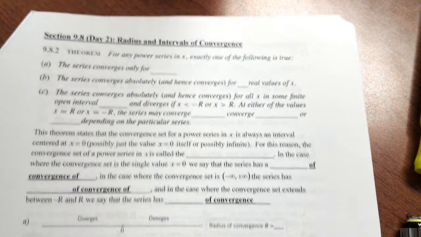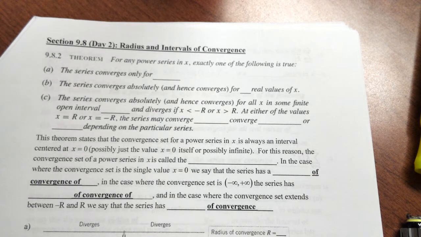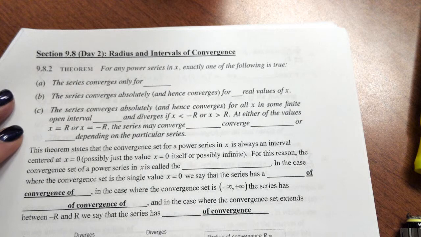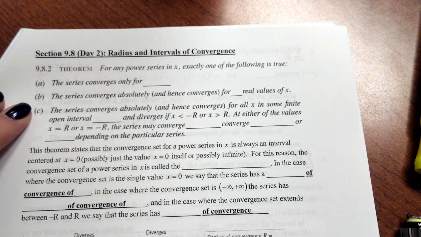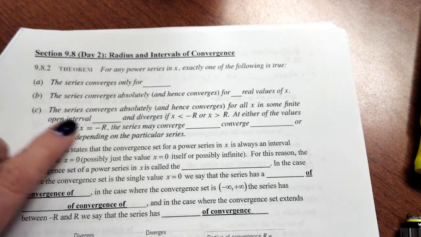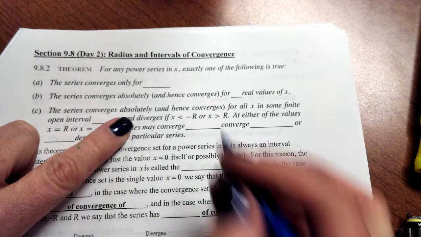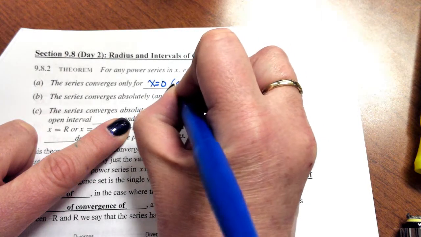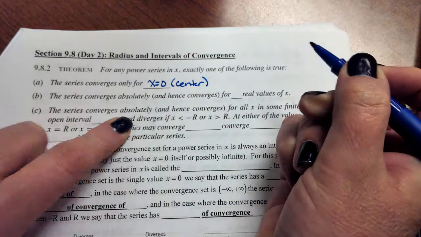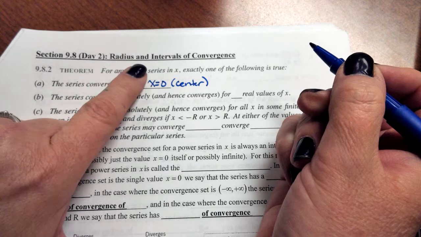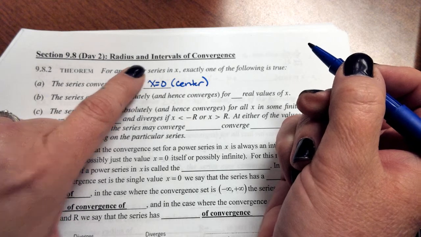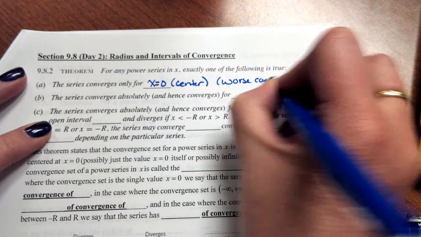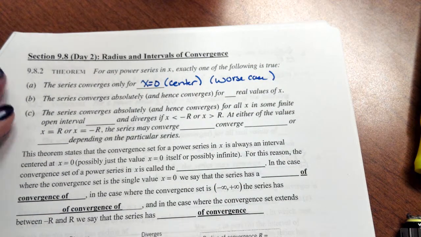So here are the methods that we're going to use to help us find the radius and the interval of convergence. There's really three conditions or three situations that can happen. One is that the series only converges for x equals 0. So in other words, it's only going to converge at the center. First we're going to take a look at the radius and interval of convergence for our Maclaurins, when the center is at 0. And this is our worst case scenario,